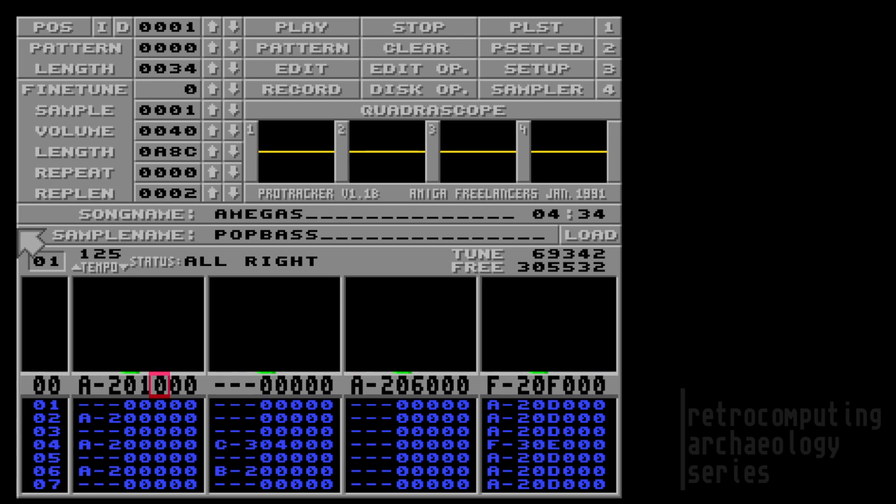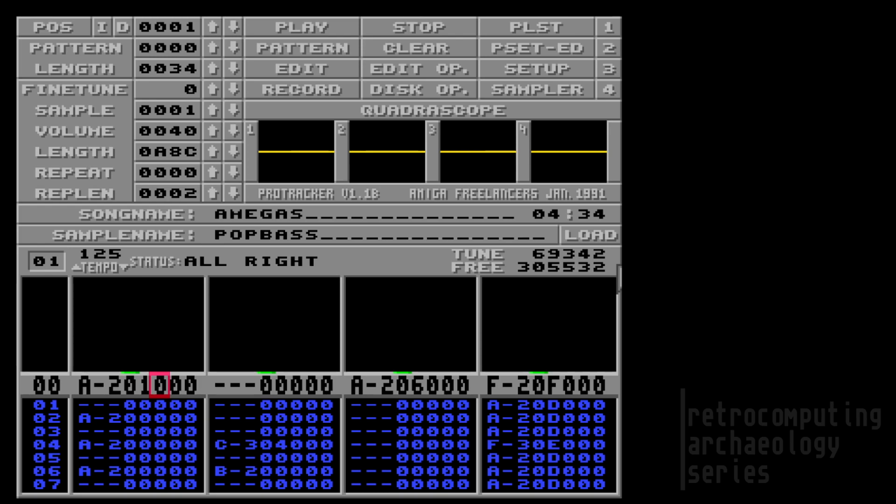The program itself is divided up into several major sections. We've seen the piano roll down here. We have some basic status displays here in the middle. We have some memory statistics which were added in, for example, as part of Noise Tracker, and ultimately made its way all the way into Protracker here, so that we can keep track of how much memory we're using, which is very important because